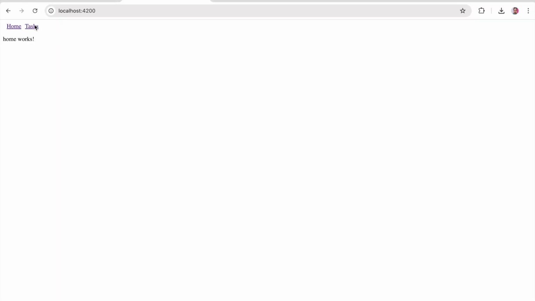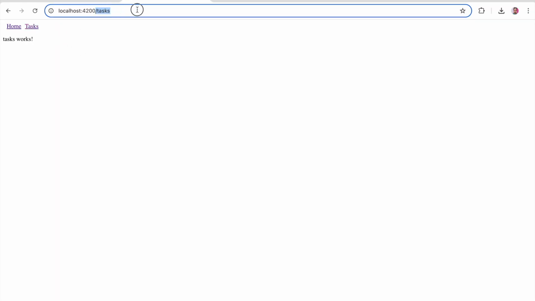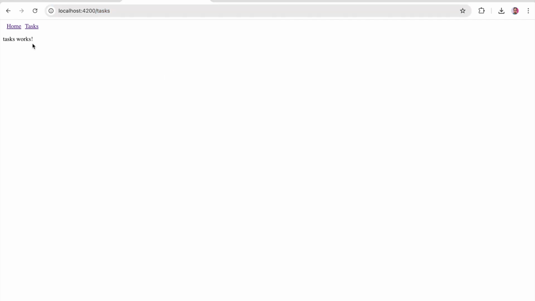on this task, you can see the navigation /task has been done, and you can see the component has been rendered within the page: task works. In a similar way, if I click on home, it says home works, so our navigation is working perfectly now. Now let's make it more complex,